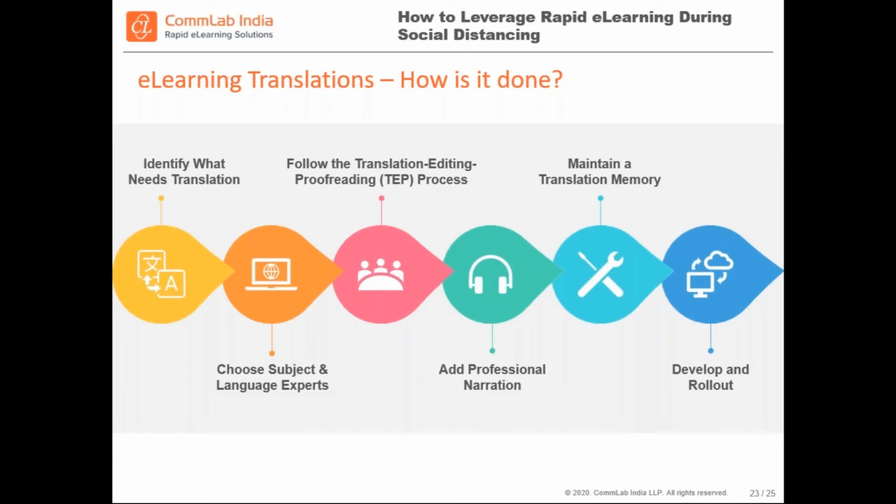So this is a 3-step process that we follow in translations, where the quality is really baked into the process and we really minimize the amount of quality issues that can appear. The way it works is one person, one language expert, translates it, and then another person who is also an expert edits it. So if they find any issues there from the localization aspect as well, here is where they would be addressed. And finally, a third person who may or may not be a subject matter expert, but is definitely a language expert, proofreads the whole script and the whole course for any errors that got lost in translation and anything like that that needs to be addressed.